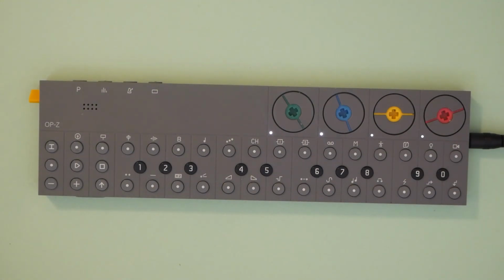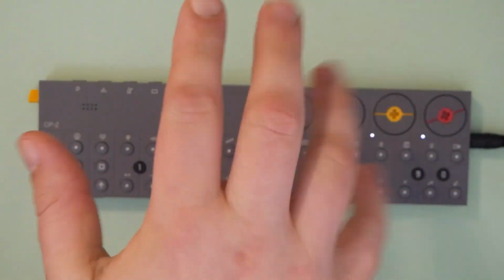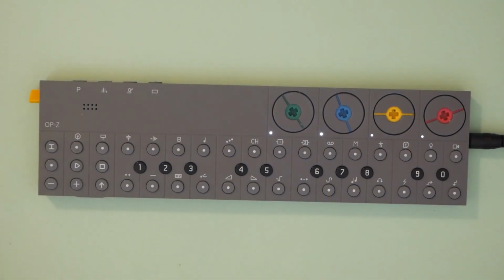it gets pretty confusing. So today I wanted to share with you guys my top 5 time-saving shortcuts that I use on the OPZ when I'm composing music. Let's get going. Number 1 is that the OPZ actually has a tap tempo feature that I haven't really seen